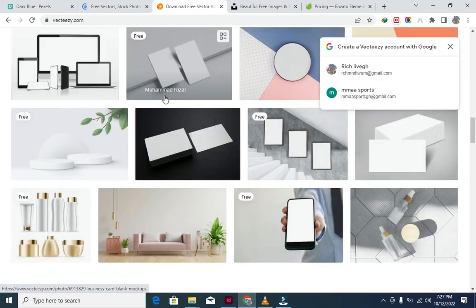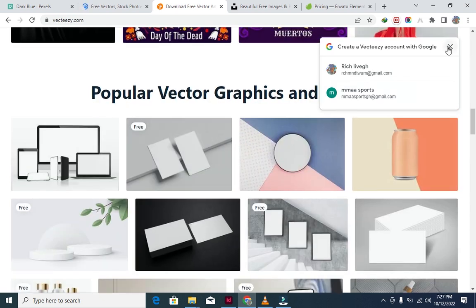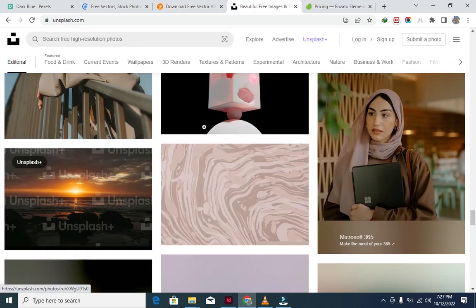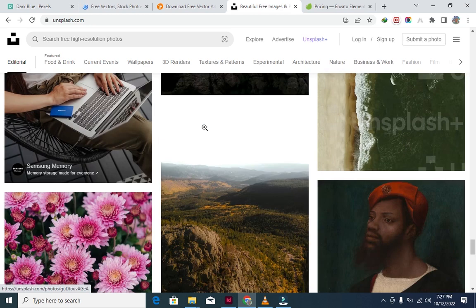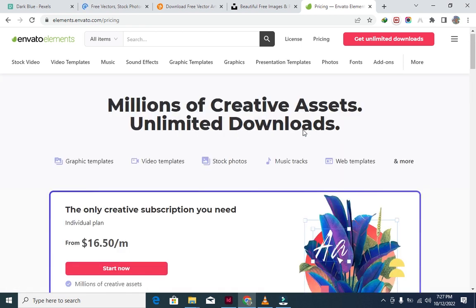I also use Vecteezy for my mock-ups and also stock images and logos and many things I can get from here. A lot of Photoshop users come here to download some brush strokes and other things. I also use Unsplash. You can also get very good royalty free images from this place. And the best place where you can also get images, fonts and other things, add-ons, is what you call